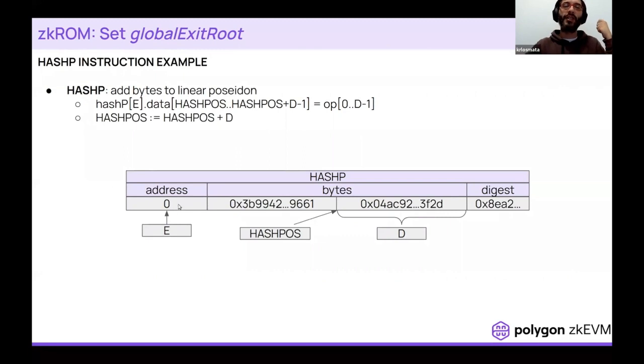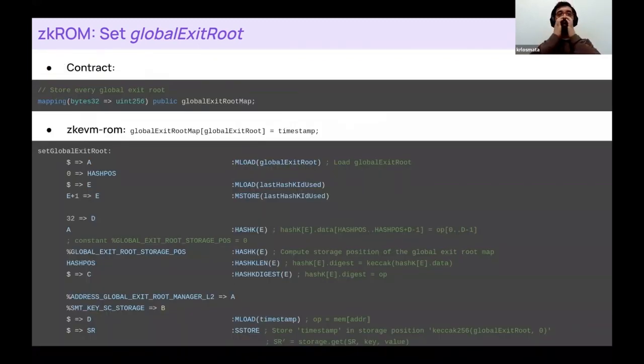So I need to ensure that I'm closing the hash in this specific address. And if I want to retrieve the result of the hash, then I will perform the instruction hash digest. And this is very useful because